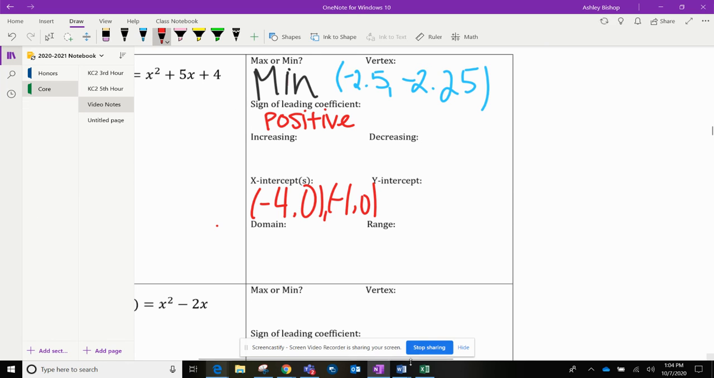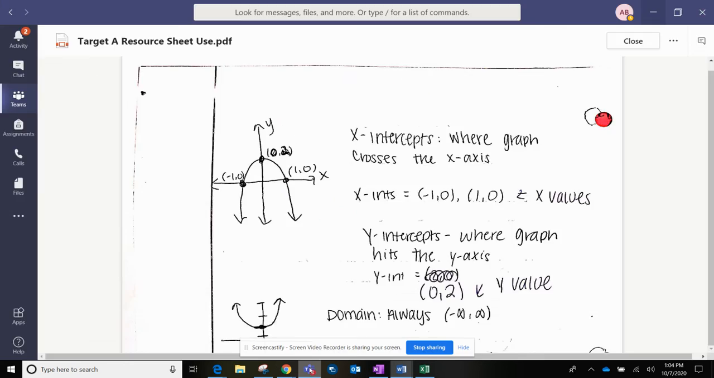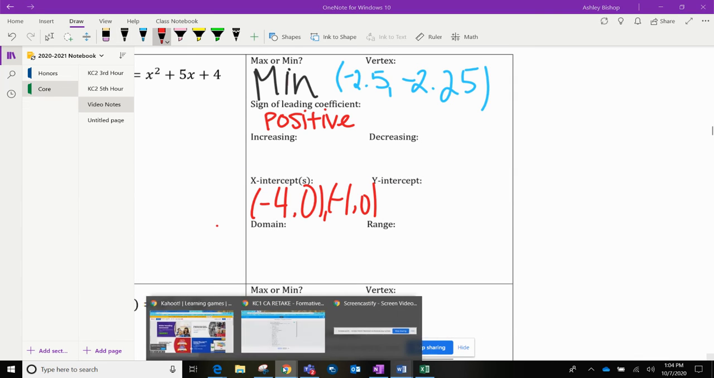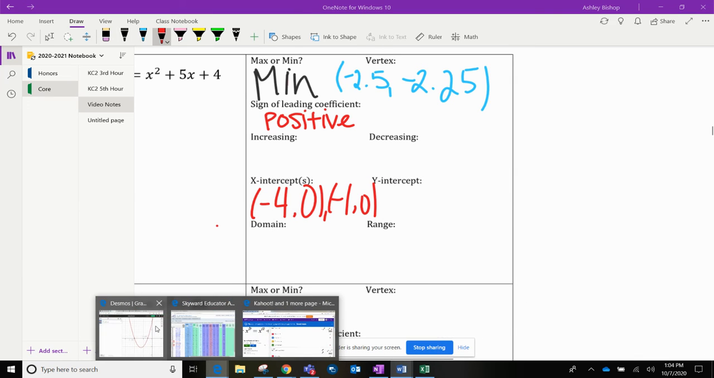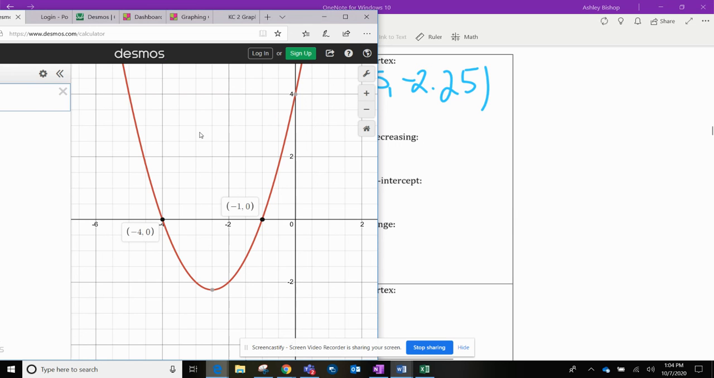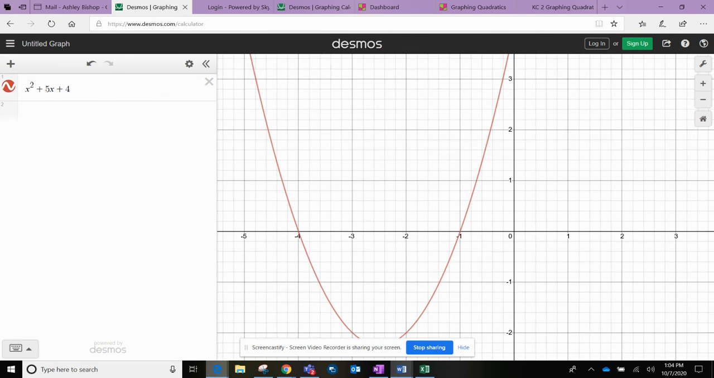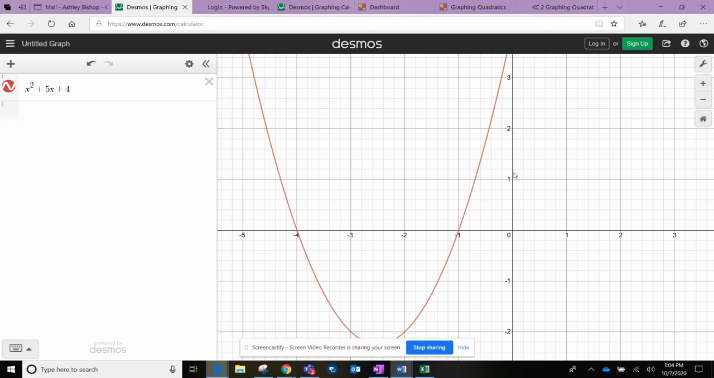My y-intercept then, go look at your cheat sheet for your y-intercept. That's where your graph hits your y-axis. So your Desmos will give you that as well. It's where my graph hits my y-axis. So my y-axis is going up and down, so I might have to look. So y-axis,